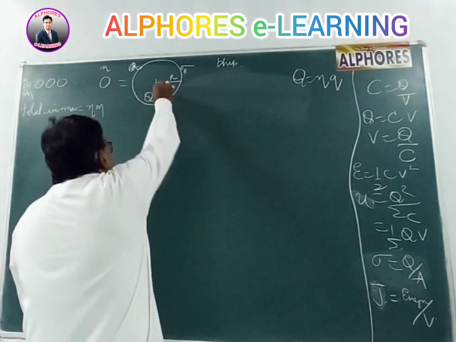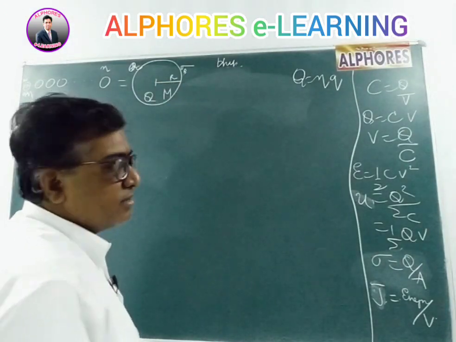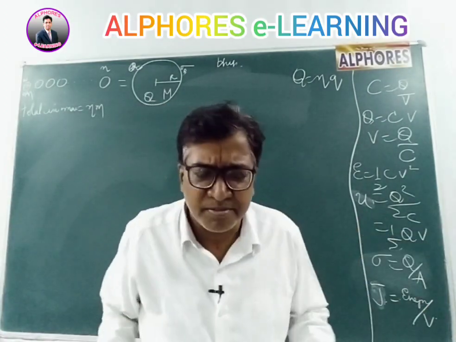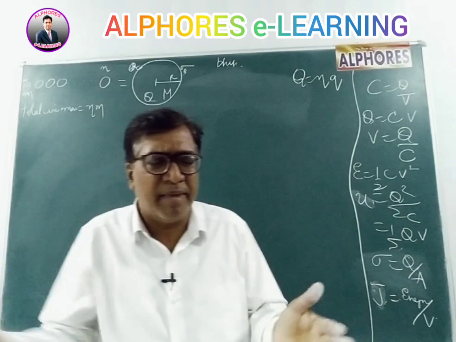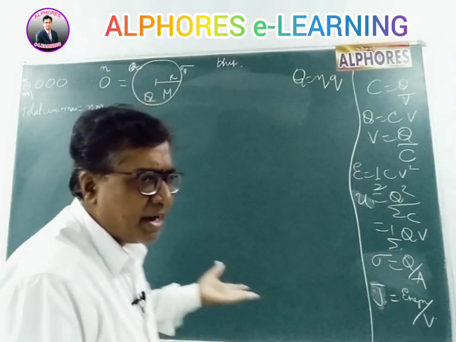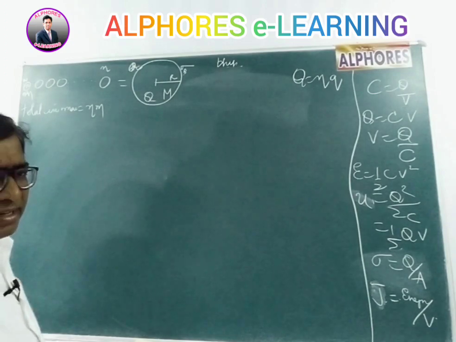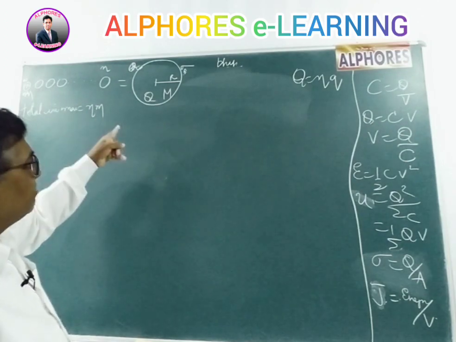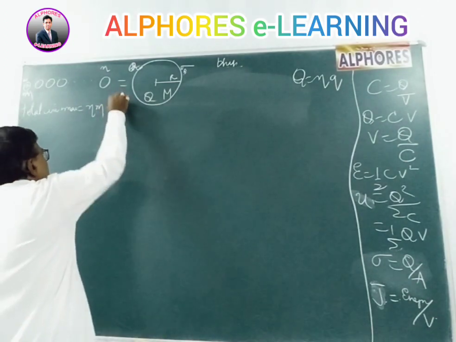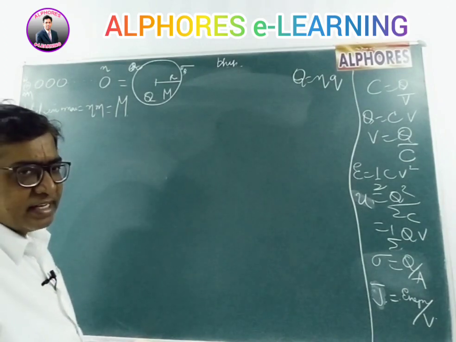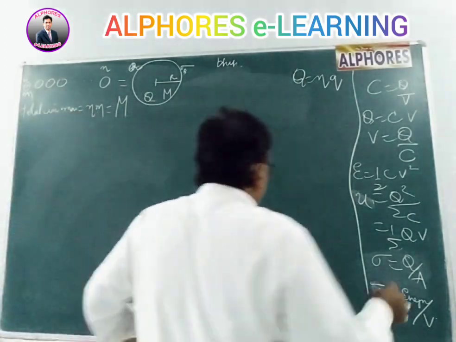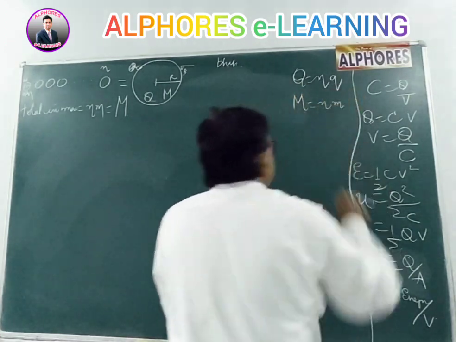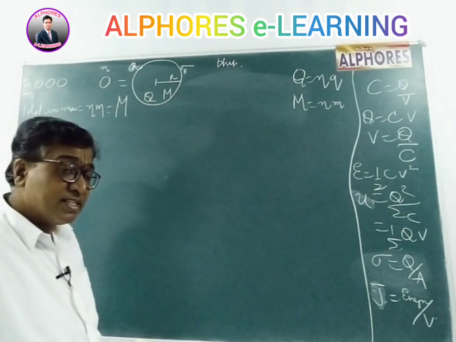Well, let the mass of the bigger one be capital M. Then, according to the law of conservation of mass, all the n drops have combined together to form a bigger drop. So the mass is conserved there. All the matter has combined to form a bigger one. There is no loss of any matter. No part of the liquid drop is being lost. So all the mass is added. Therefore the mass of the bigger one is equal to the total mass of the smaller ones. Capital M is n times small m. Well, he may not be asking you this, but it is helpful for us to remember. The mass of the bigger one is n times the mass of the smaller one. Mass is conserved.